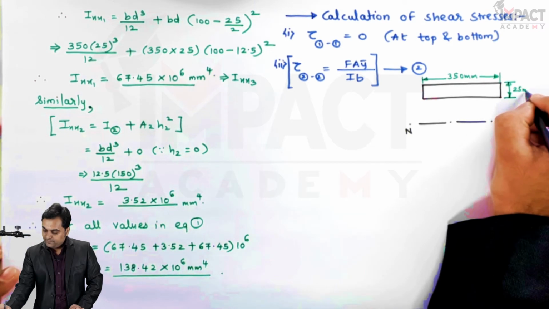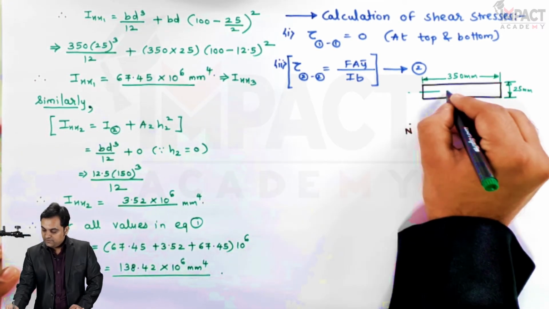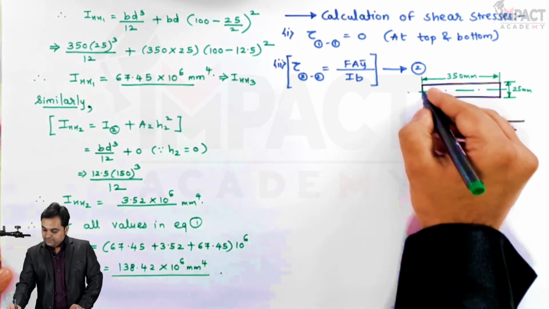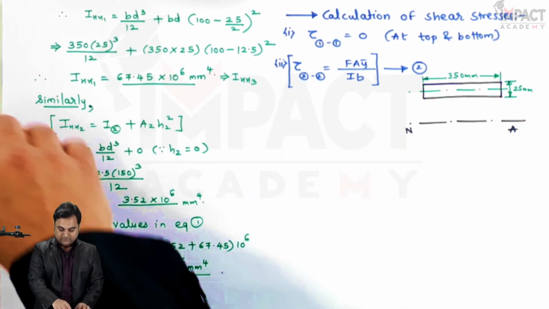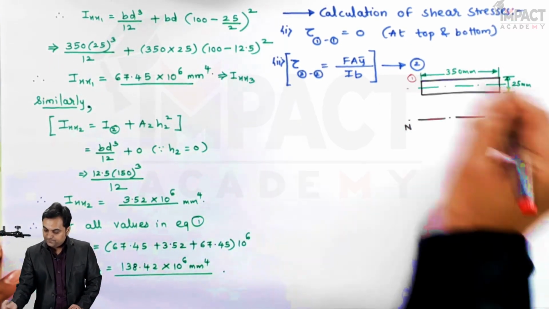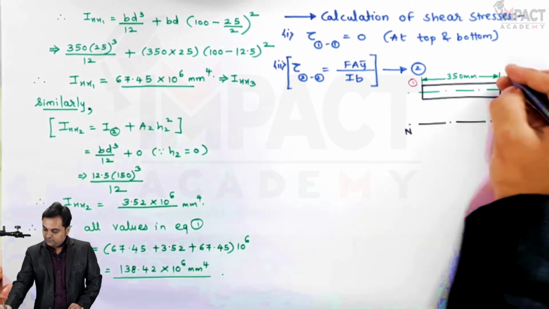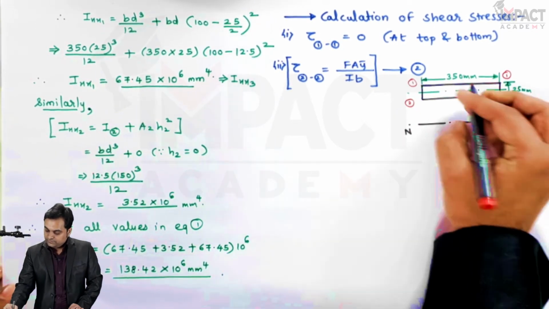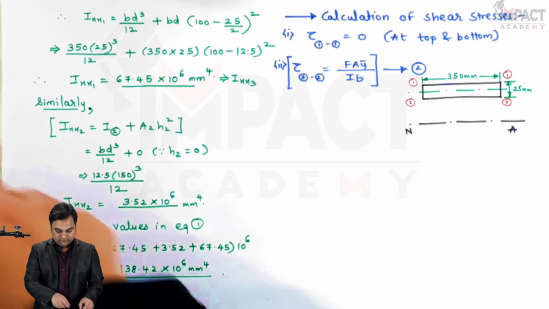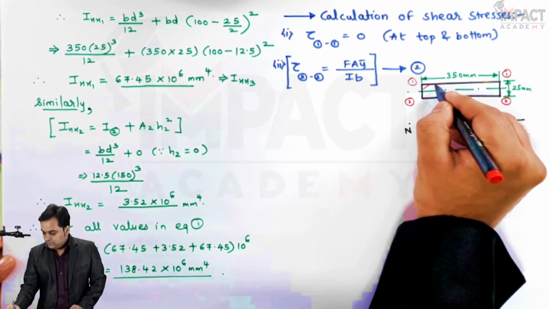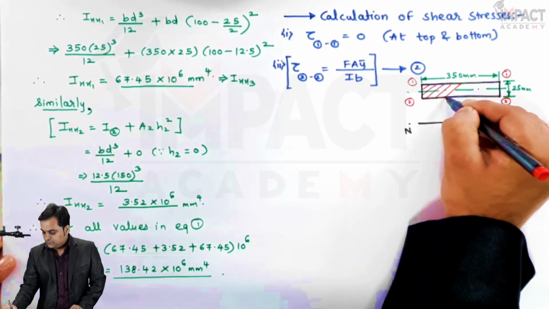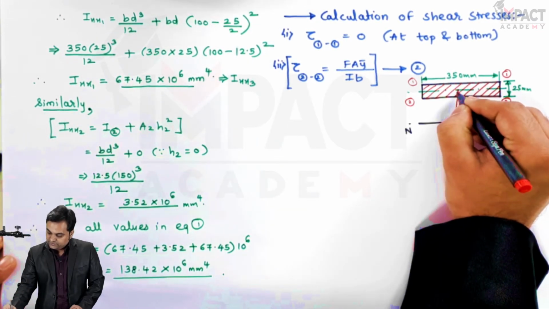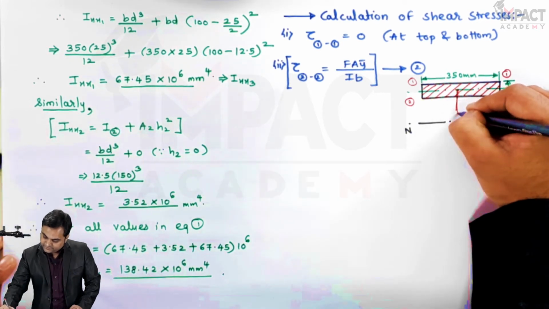Depth is 25 mm. Here is the x-axis for this rectangle, and at the top the layer is section 1, at the bottom it is section 2. So this is the area which I have taken in order to calculate the stress at section 2. Now the distance between the x-axis for this rectangle 1 and the neutral axis,